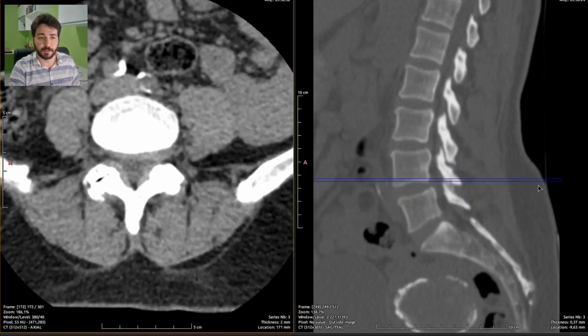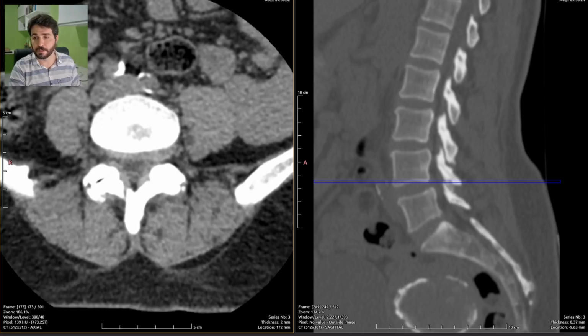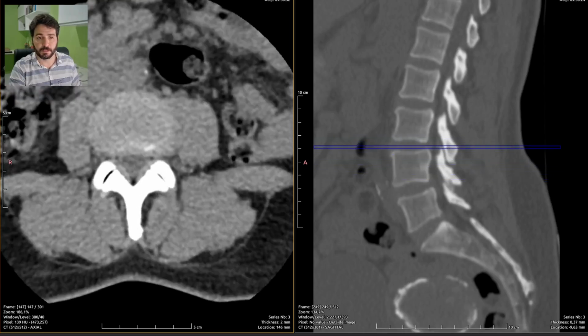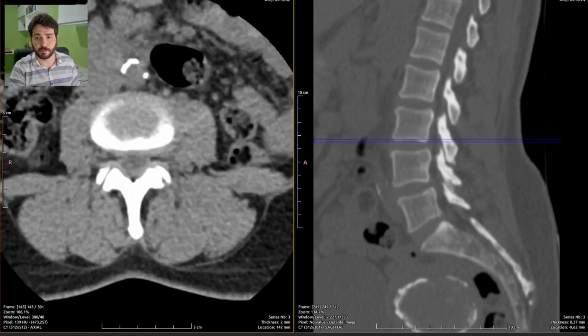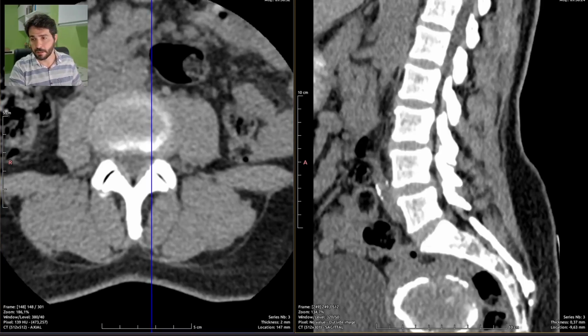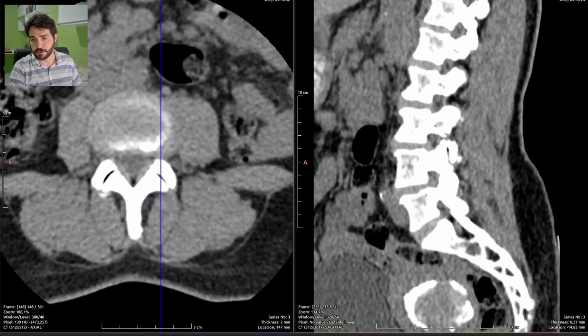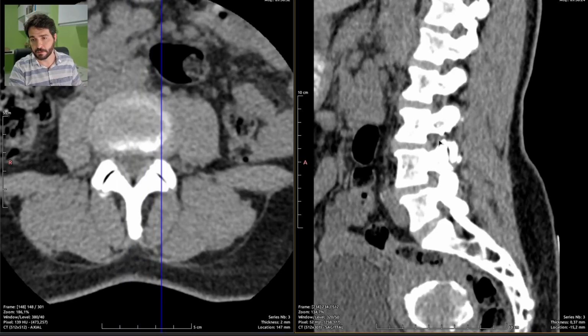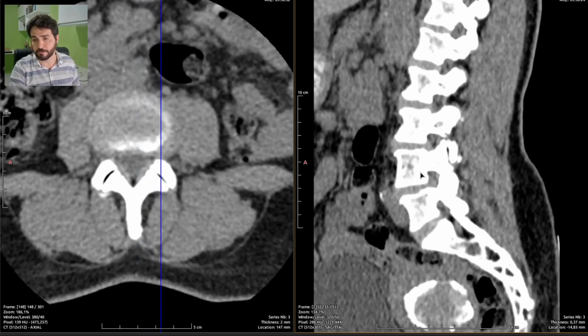So there is at least a mild stenosis of the vertebral canal in L3, L4 and L4, L5, and there is mild to moderate stenosis of the left neural foramina on L3, L4,